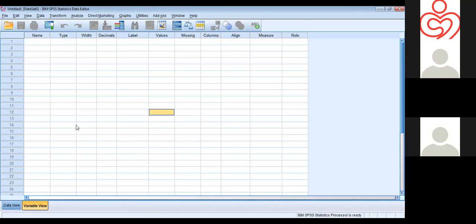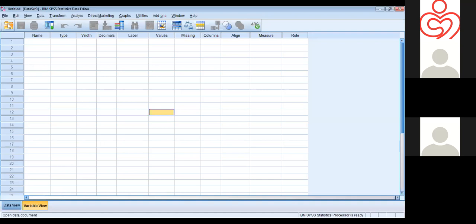Yesterday we already saw the software and how to enter the data in SPSS, and we already discussed it. So now we have data in Excel and we need to analyze the data in SPSS. How to import the data from Excel to SPSS is what we are going to see.